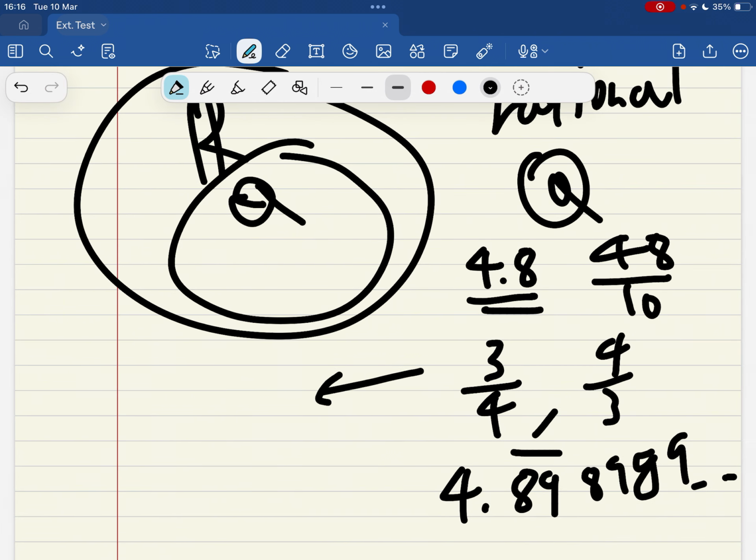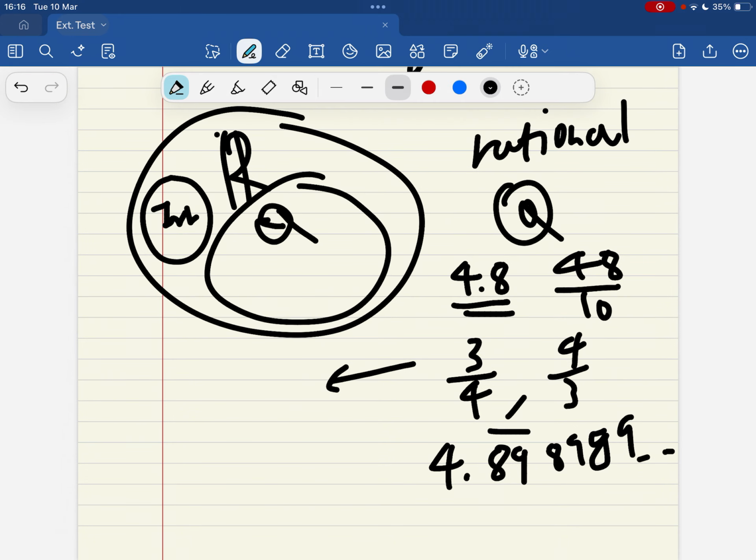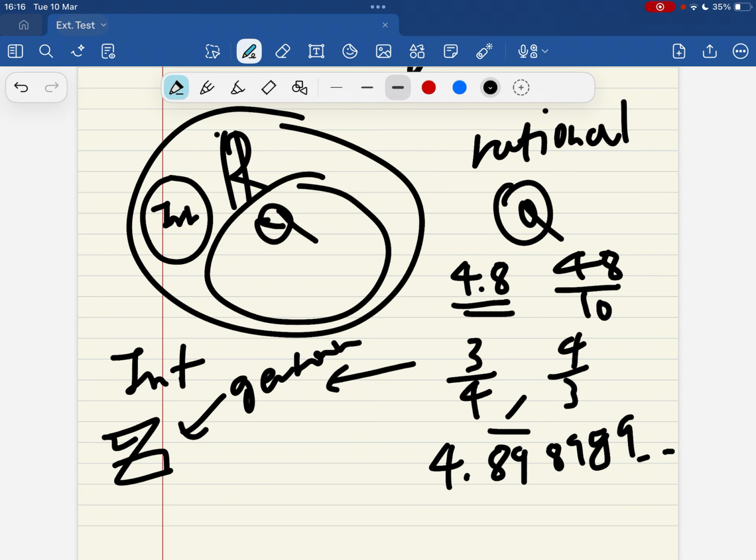But outside of the rational set, we have the irrational set, which I don't believe has a letter to denote it, but that's irrational. Those are the irrational numbers. Within the rational numbers, we have, obviously, the most commonly used type of numbers, the integers, and this is denoted by Z. And the reason why we use Z is actually because of a German word, which I forgot what it was, but Z is German for